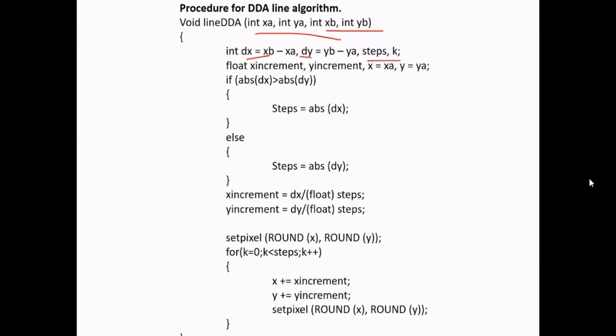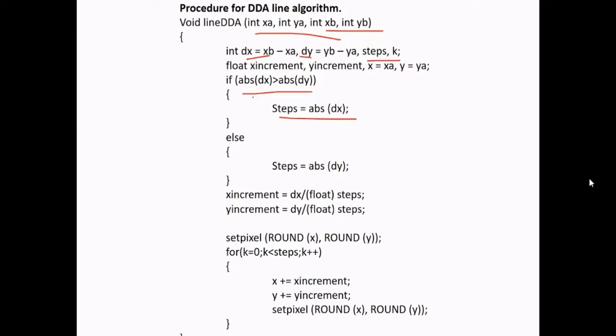Then we take two things, that is steps and k. So we have to calculate these at the very beginning of the program, and once we get them, we have to check certain conditions in our code. The very first thing is to check the absolute value of dx and dy. Why are we taking the absolute value? Because it can happen that you get these in negative terms, and at this stage we don't want them to be negative, because if they are negative we won't be able to proceed further with our steps.